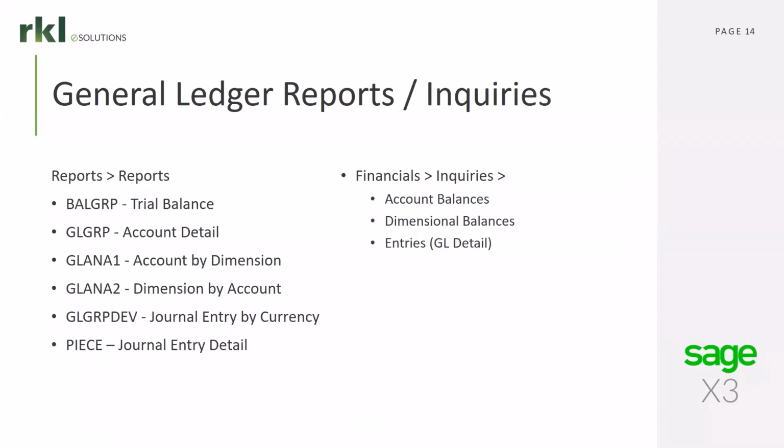And these are probably the most frequently used. Other reports: trial balance, account detail, account by dimension, dimension by account, journal entry by currency, and we have a journal entry detail. We also have inquiries for account balances, dimensional balances, and entries, which is like a GL detail inquiry. I'm going to move over to a spreadsheet that Ed Hollard had put together last year, which is kind of a neat